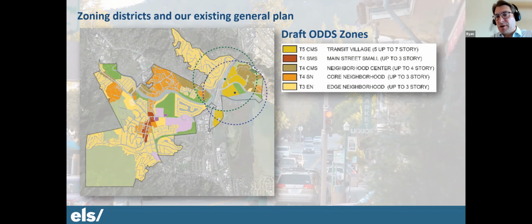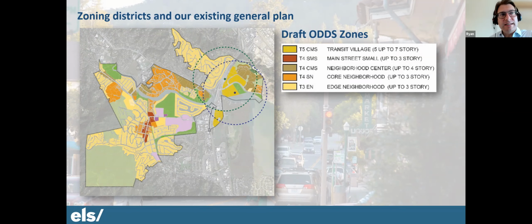T4SN, this is what we're calling core neighborhood. Essentially this is where it's predominantly 2 stories, 3 stories with density bonus. This could include townhomes, small scale apartments, things like that. We adopted the same boundaries that you had in your general plan, and looking at Larkspur, the product in those zones tends to be 2 to 3 stories already.